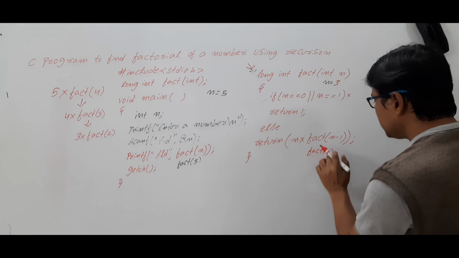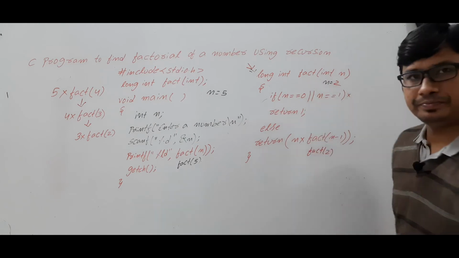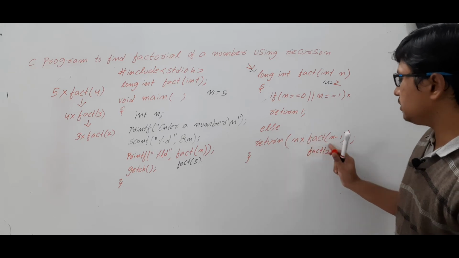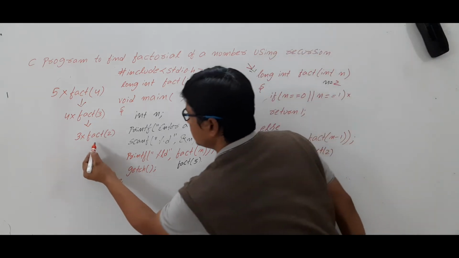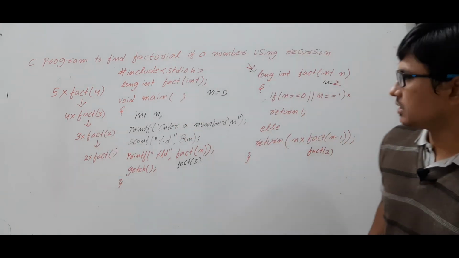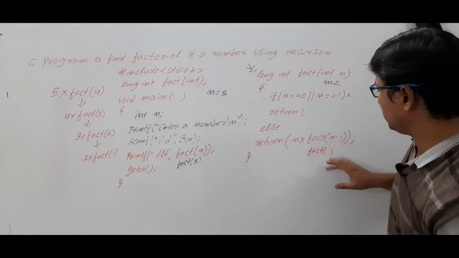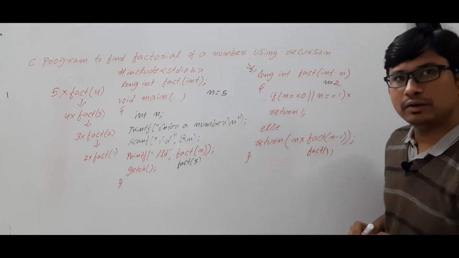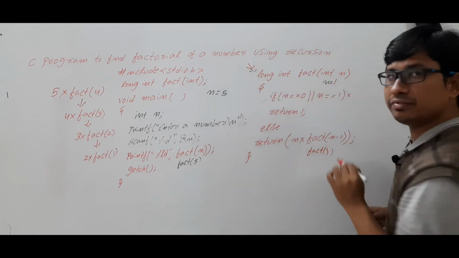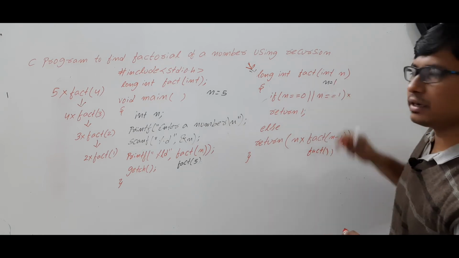So again this function is calling itself with a value of 2. So now the n value will become 2. Again this condition is false. So the control will go to the else block, which is n into fact of n minus 1. So 2 into fact of 1. Is it clear? Are you able to understand it or not? Now this function is calling the function fact with value 1. So now the n value will be 1, because this function is calling itself. So again the control will come to the function definition and the n value it will take. So n value is 1.